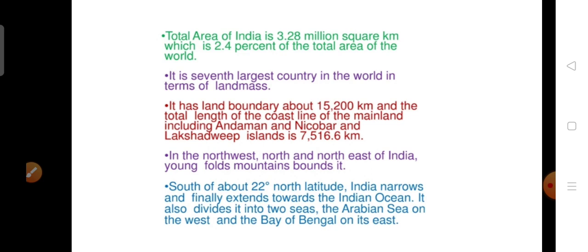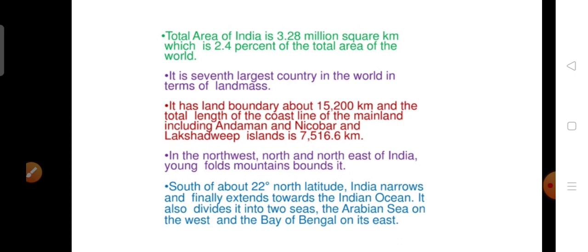It has land boundary about 15,200 kilometers, and the total length of the coastal line of the mainland including Andaman and Nicobar and Lakshadweep Island is 7,516.6 kilometers. Means total land boundary of India is 15,200 kilometers, and total coastal line including Andaman and Nicobar and Lakshadweep Island is